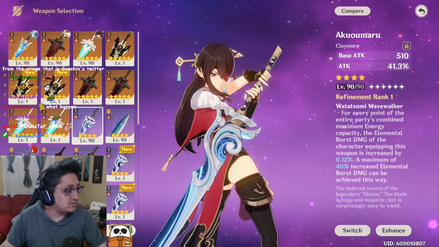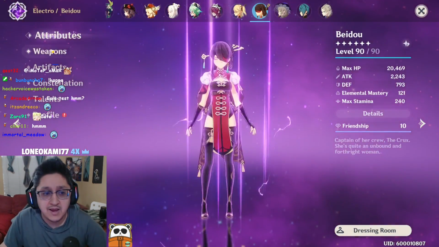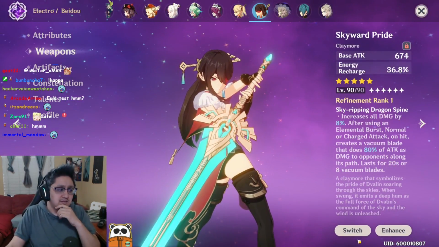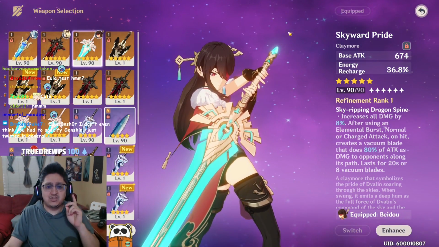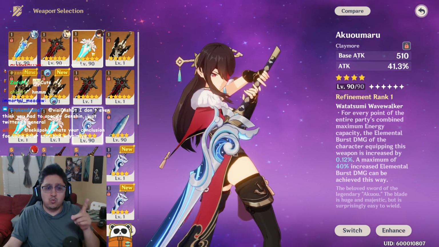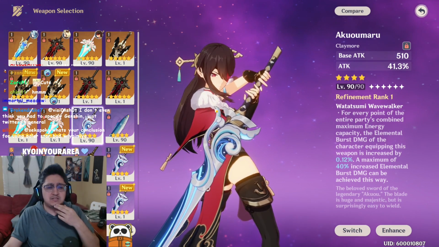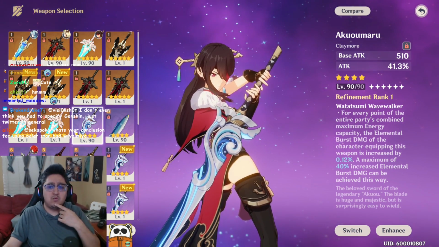Okay, so I was doing some number testing on this weapon for math, and what I figured out was that this weapon, math-wise, is actually better than the Skyward Pride at Refine 1 if you get it to max stacks. So I'm curious to try this out. What I'll do